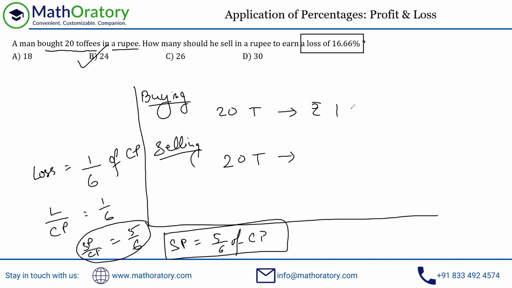So again, we know that the cost price of 20 toffees is 1 rupee. And from this derivation, we know that the selling price of the 20 toffees, keeping the unit constant, so SP of 20 toffees should be 5/6 of the CP of 20 toffees, right? So this should be 5/6 of 1 rupee, which is 5/6. So all you have to do is just get this to rupee 1, and what should be the cost price for that? So cost price should be 6/5 times of the 20 toffees. So that should be 24 toffees, same answer.